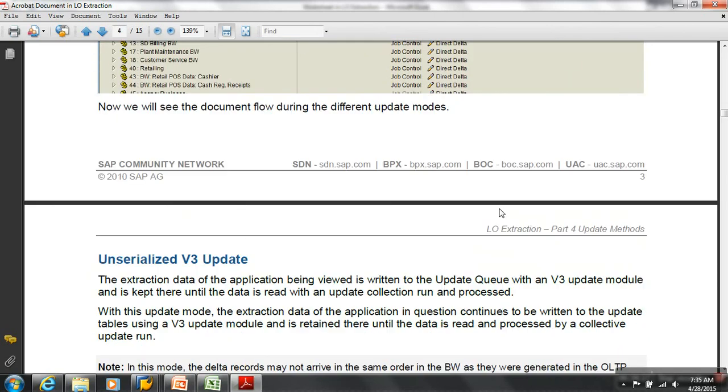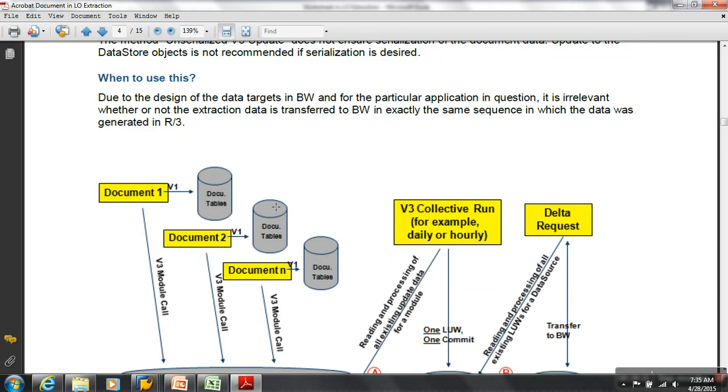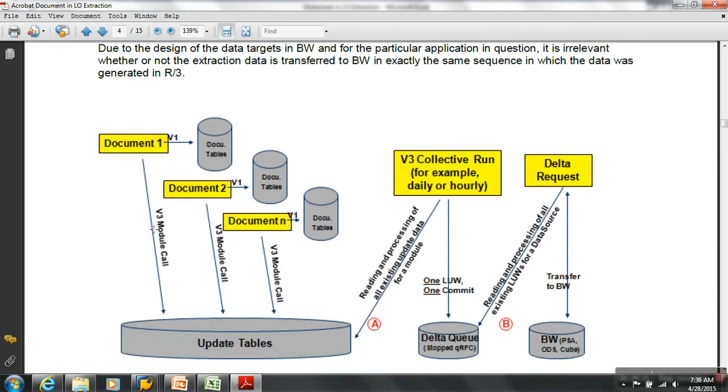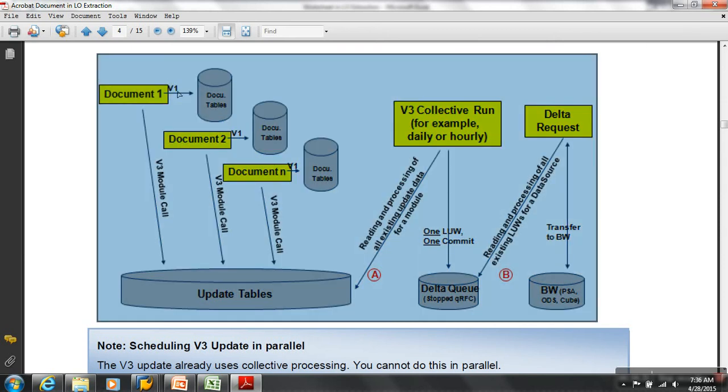Now let's focus on this, unserialized V3 update. Let's say you're posting some document. I told you V1 updating. What is V1? Time critical updating, which updates document tables.